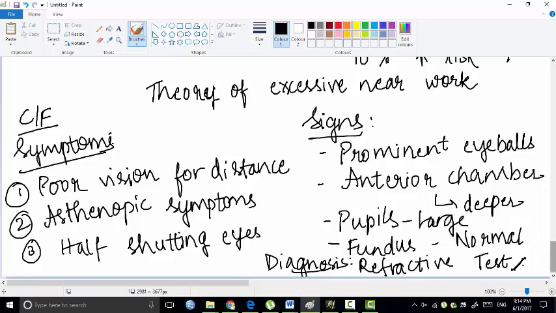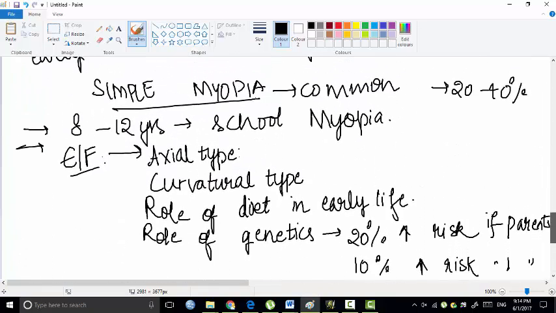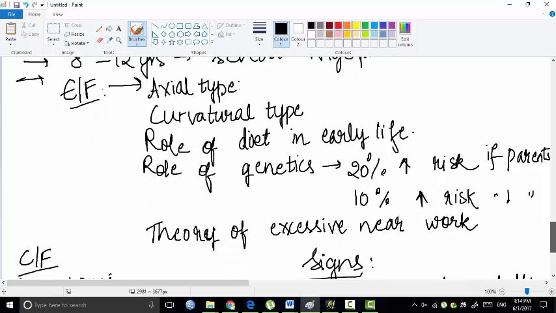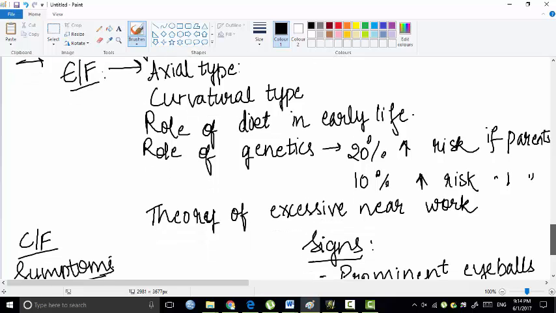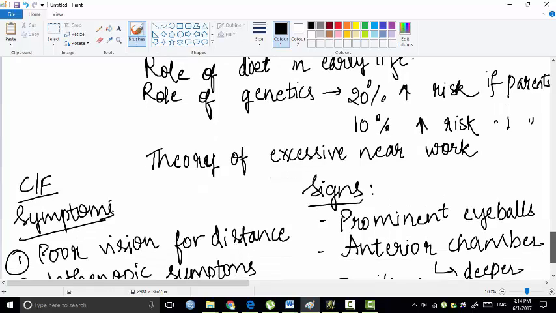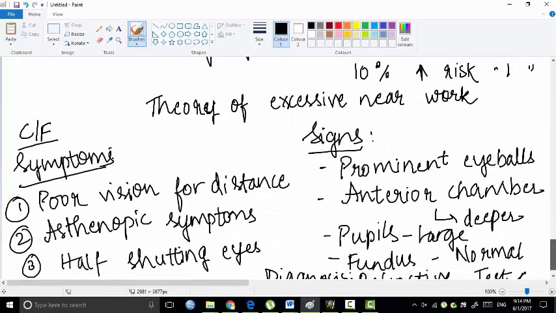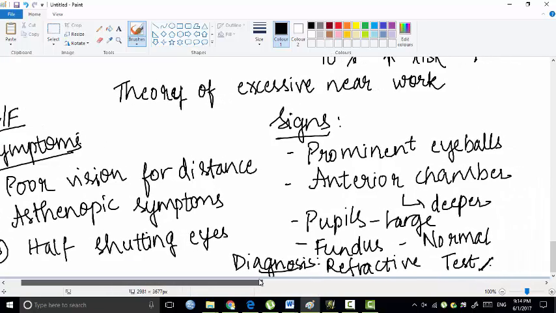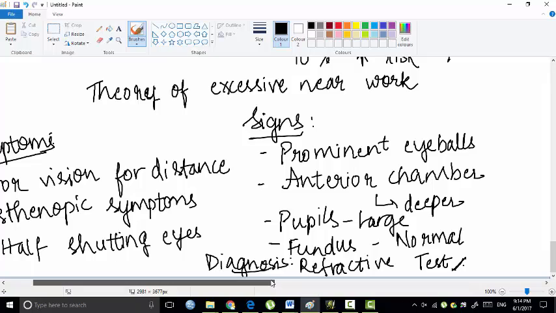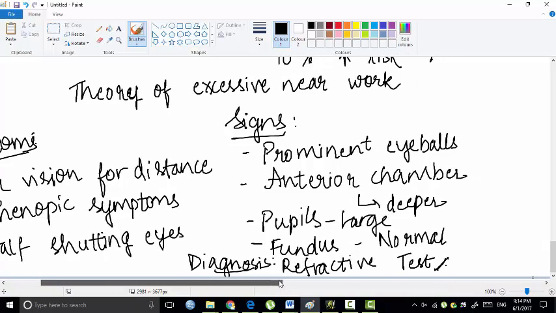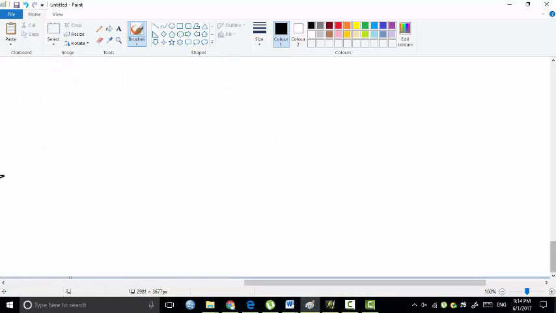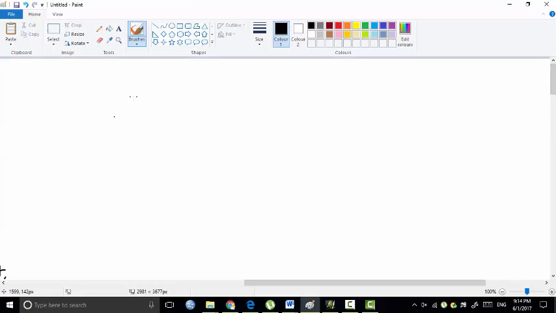The etiological factors are the same as normal myopia, which may be axial or curvational, but the major difference is that a role of diet and genetics was seen, and the theory of excessive near work was also postulated. The symptoms are the same: poor vision, that too for distance because it is myopia, asthenopic symptoms, and half shutting of eyes. In signs, the eyeball becomes prominent, the anterior chamber becomes deeper, the pupil is large, and diagnosis is through refractive test. Now coming to one more type of myopia, which is